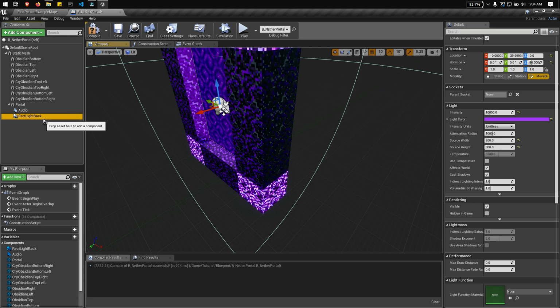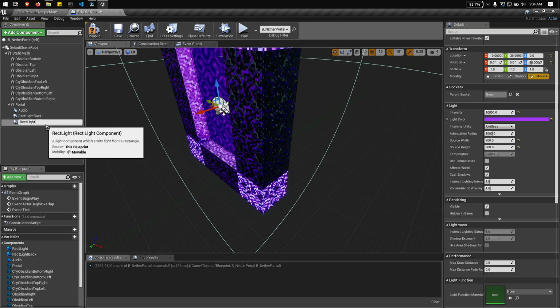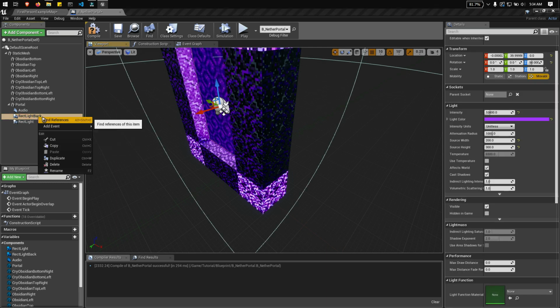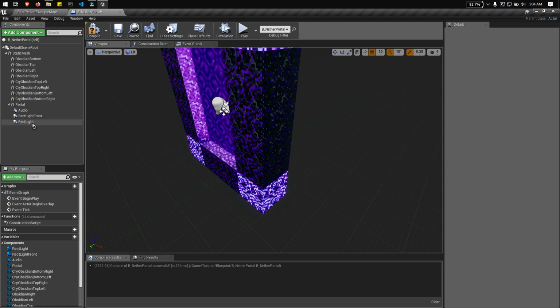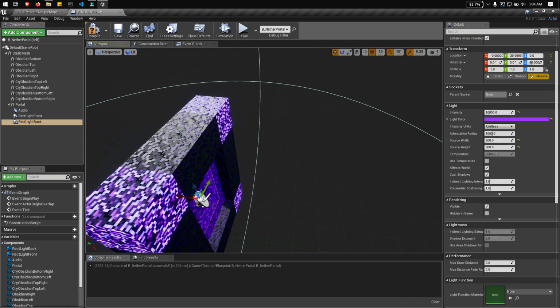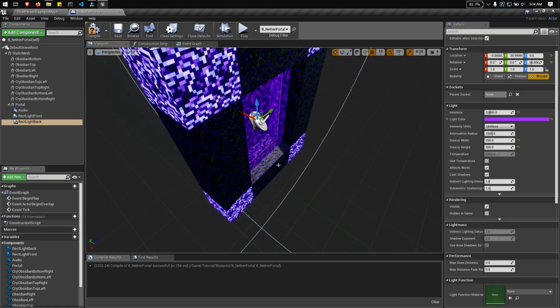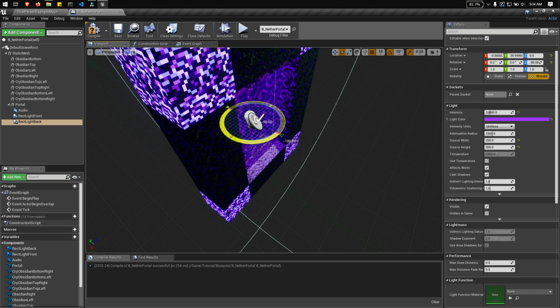Then let's duplicate this, and the duplicate should be the back. So let's move this other one to the back. Let's move it forward.